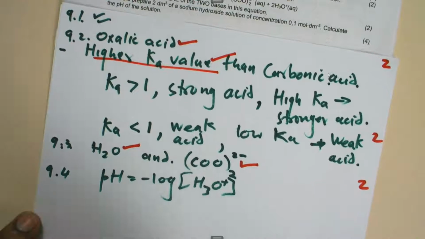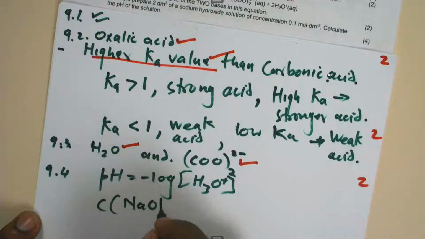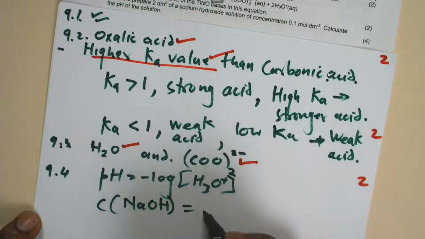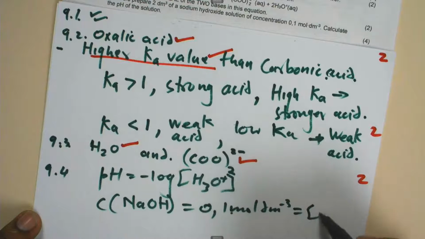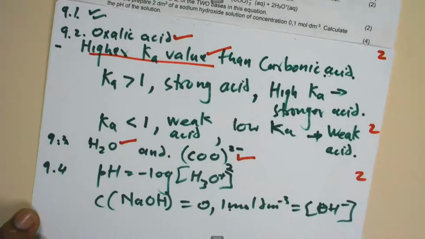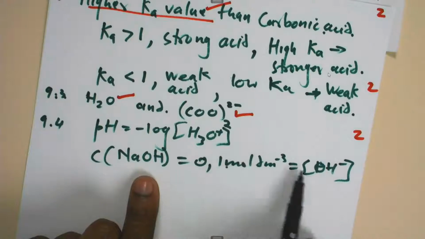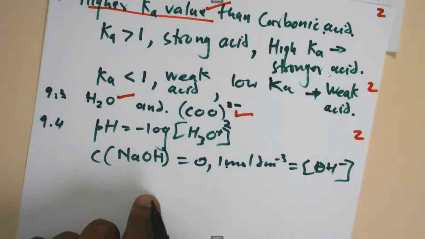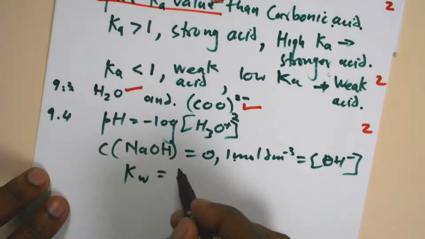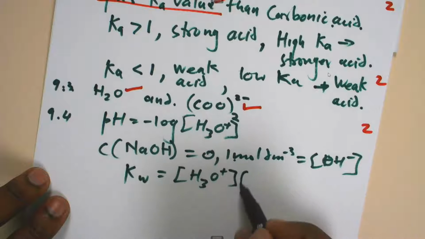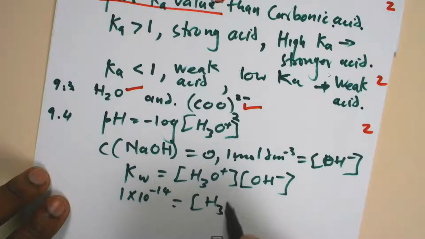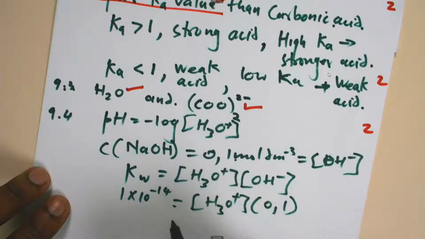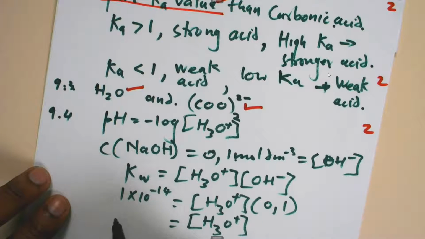So is there a way of me linking the concentration of sodium hydroxide, which is 0.01 mole per decimeter cubed and will just produce 1 concentration of OH minus, with the concentration of the acid? Yes, I can use Kw, which is equal to the concentration of H3O+ multiplied by the concentration of OH-, so 1 multiplied by 10 to the minus 14 equals the concentration of H3O+ multiplied by the concentration of 0.1, and then I get the concentration of H3O+, which will be 1 multiplied by 10